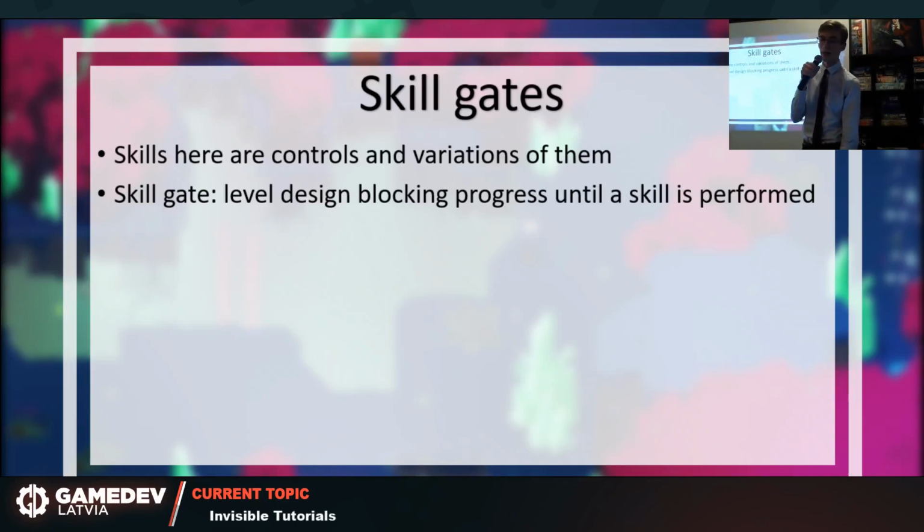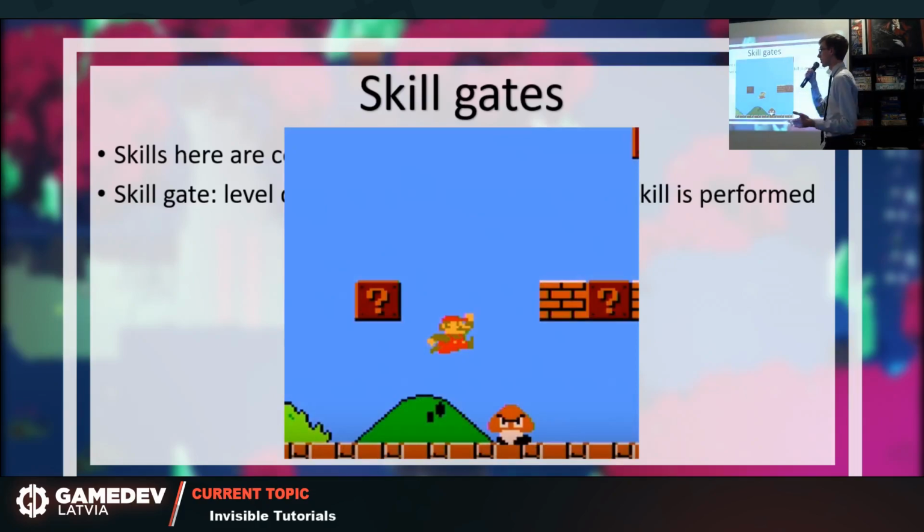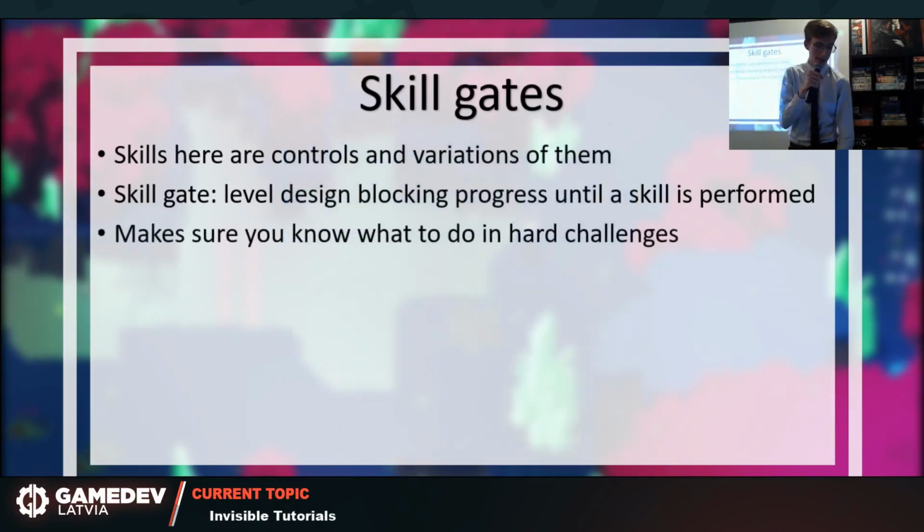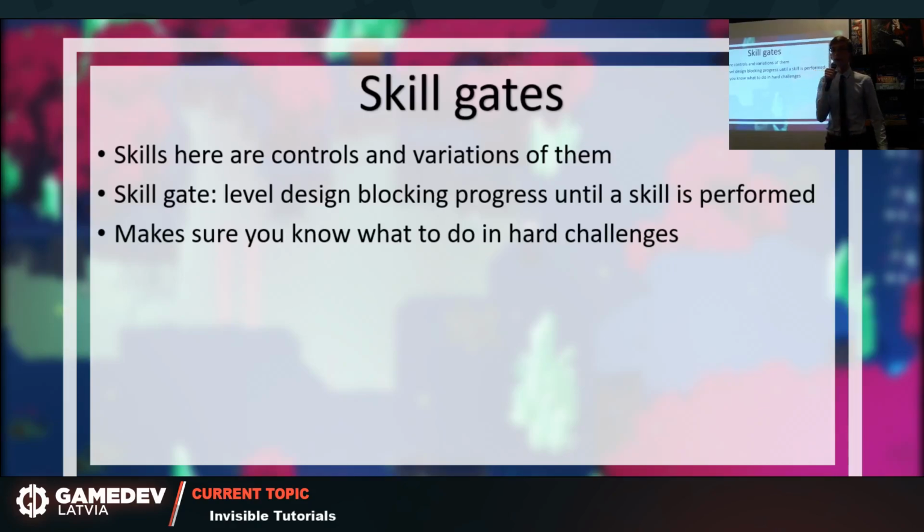So the most common basic example is that in most platformers, one of the very first things you'll see at the very beginning of the game is some single vertical element that you have to jump over. And this is how you demonstrate to the game that, yeah, I know how to jump. That's a skill gate. And this is useful to us for two reasons. First off, we make sure that the player knows what to do in hard challenges. In Super Meat Boy, for example, the first many stages are just skill gates, so that later in the game,